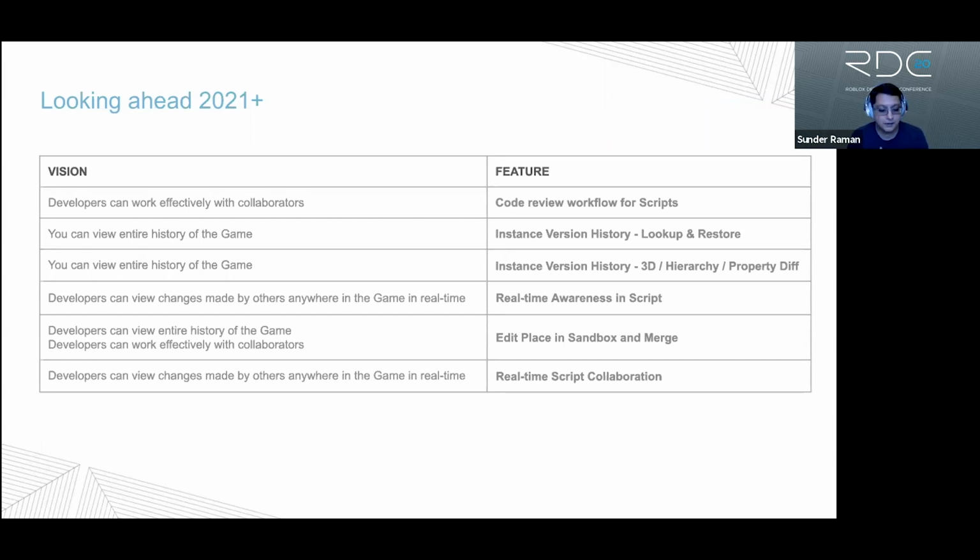And last but not least, I think with every post that I make on the announcements, even with the updated merge from server post that I made, there is always a request for real-time script collaboration. Yes, it is on our product roadmap. We want to enable that as well.